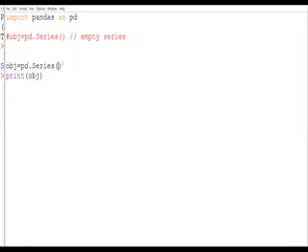Now how are we writing a list? In square brackets. Now suppose I am writing 99, 88, 77 and 66 in square brackets, and the square bracket is closed. Now this is my list.